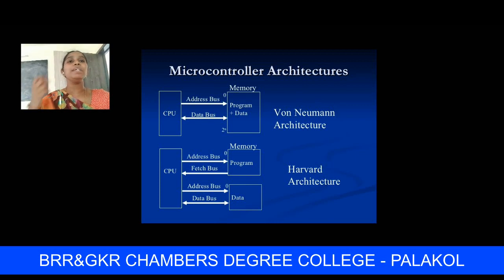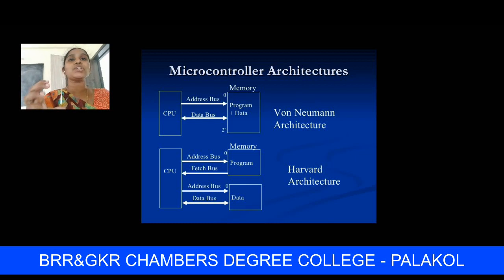So what is the difference between Von Neumann architecture and Harvard architecture? In Von Neumann architecture, the program and data are in only one unit. That means there is no separate memory for both; there is only one memory unit for program and data. So we have to use a unidirectional address bus as well as a bidirectional data bus. By using these buses we access either memory or program from the CPU in Von Neumann architecture.